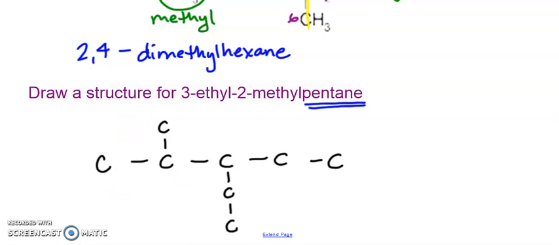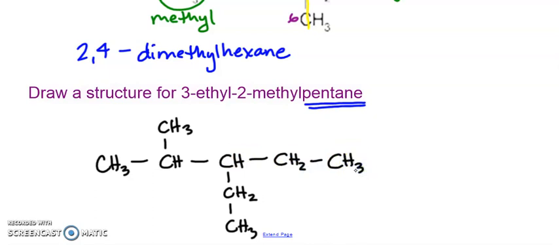So I'm going to write in how many H's each carbon would have. Remember, carbon bonds 4 times. So this one would have 3, CH3. This would be just 1 H. This would be CH2, CH3. 1 H, 2 H's, 3 H's. So now they have a total of